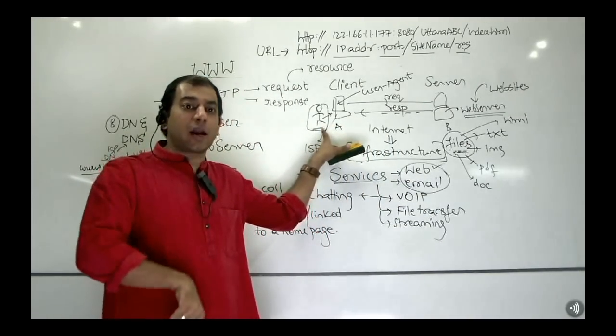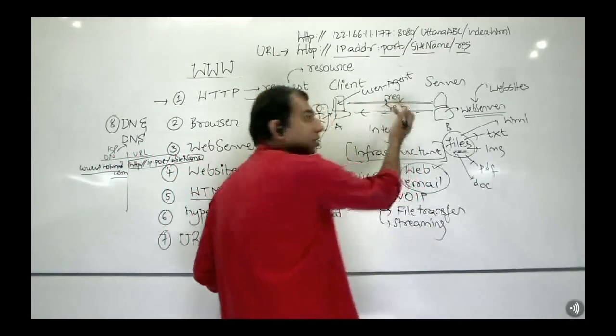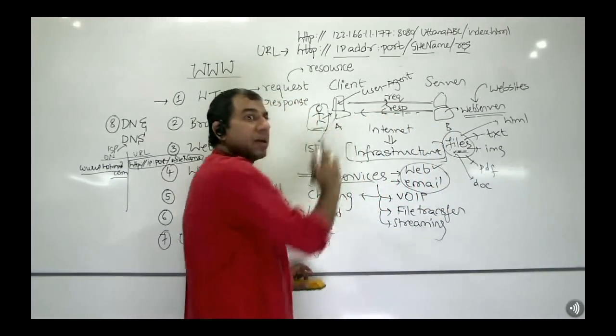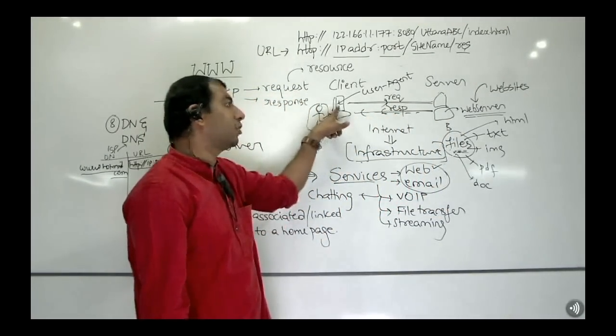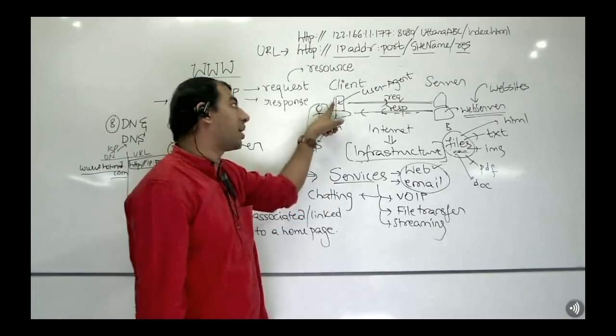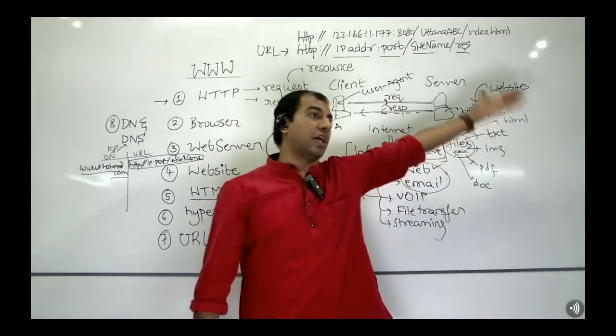The browser will make a copy of it, store that internally, and now once it has a URL, can it send a request or not? And once the request has been sent, can the response be sent back with the homepage or not? Once the homepage has been received, the browser renders that HTML to the user, and the user can click on hyperlinks and access all the resources of that website or not? And the rest is so-called history, isn't it?